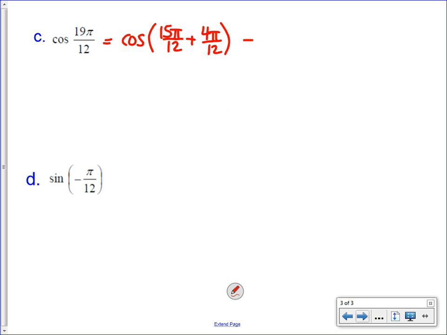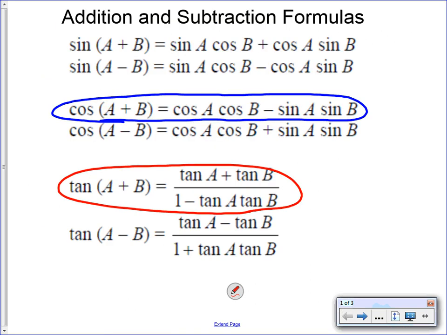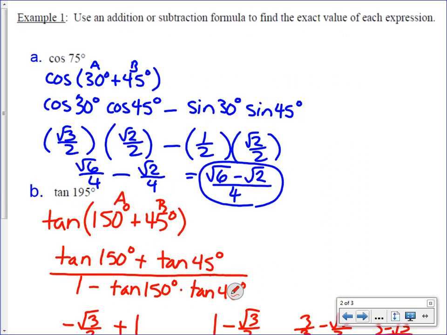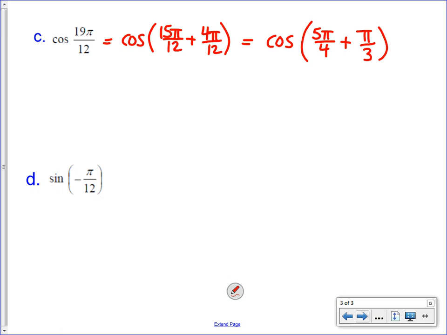Okay? All right, so this is the same as cosine of, if we reduce our fractions, we're going to end up with 5 pi over 4 plus pi over 3. Okay, and those are both on our unit circle. So then we're going to find our addition formula. Okay, so again, we're going to use cosine of A plus B. And we're just going to plug in our angles. Okay, so this is going to equal